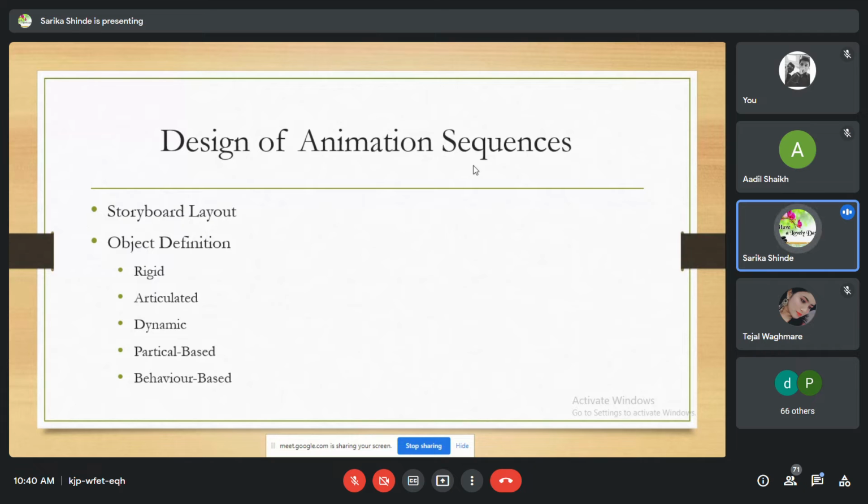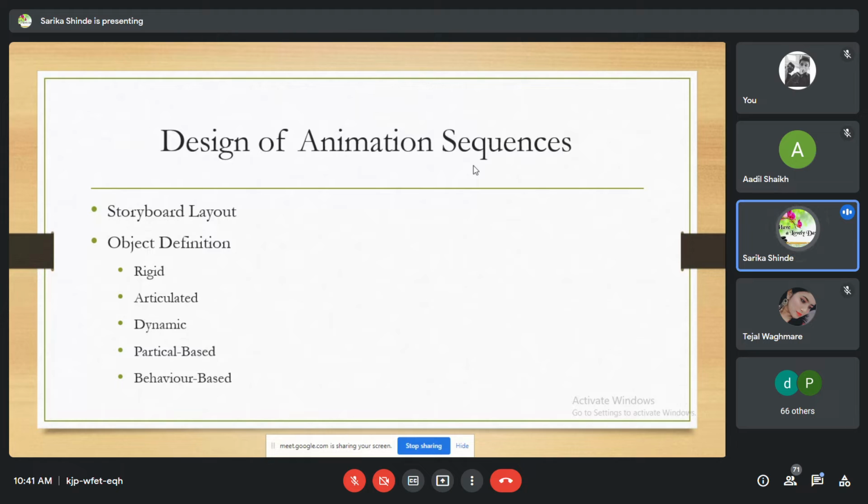Now we see the next technique, that is dynamic. Such a model employs the laws of physics for simulation of the object body. And the next technique is particle based. In that, flight of birds, smoke and ants, etc. follow the rules of nature. A set of motions determines the movement and position of particles in space.